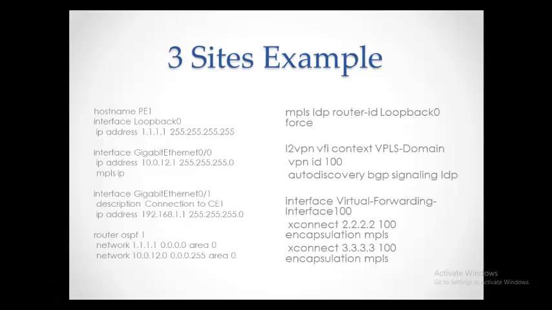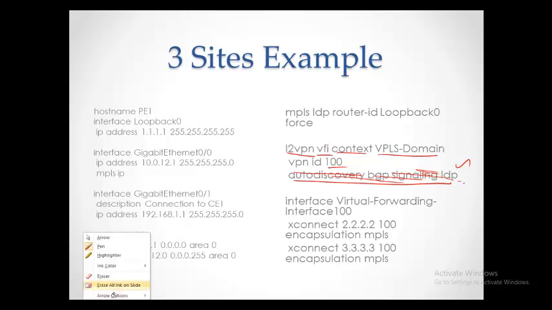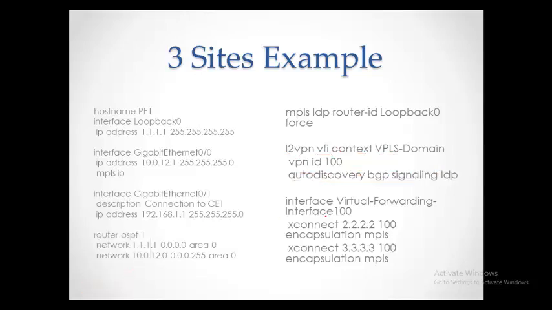Otherwise, this command is not needed. We are not using BGP, we are using plain MPLS and LDP. So go under the virtual forwarding instance 100 and say these are the remote sites with which the negotiation should come. So PE1, which is 1.1.1.1,